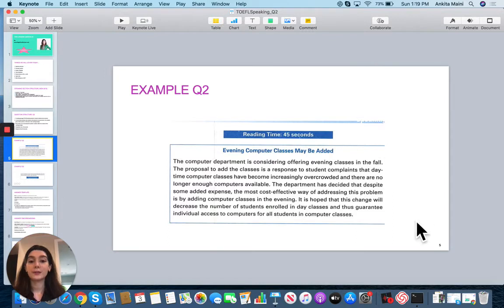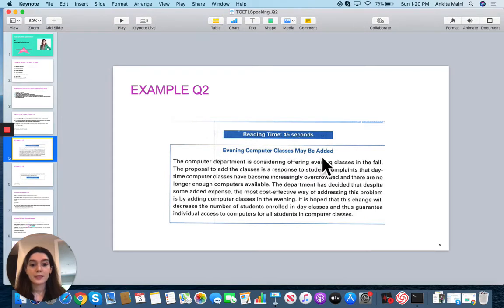So the question looks something like this. I have actually picked an example, and this is basically a campus-related announcement, and you have 45 seconds to read this. So we can actually read this together because you can watch as many YouTube videos as you want, but if you don't practice the questions, you will not be able to really progress. And as I said before, I have responded to this question before the presentation, so you can do this question side by side and then compare your response to my response to see where the gaps are. Okay, so let's start reading it.